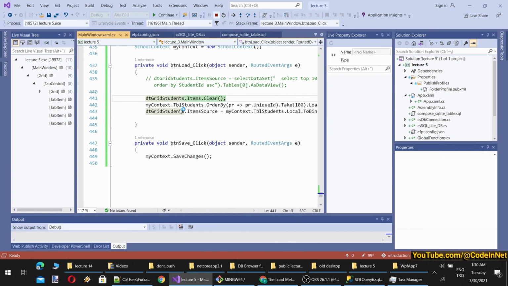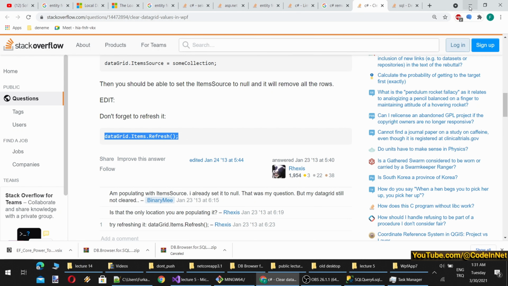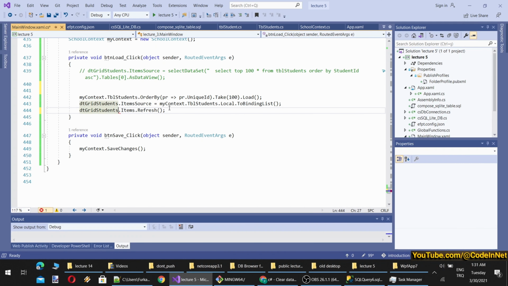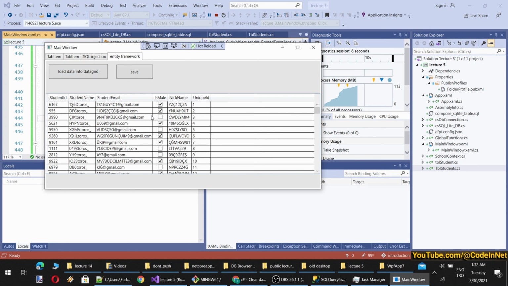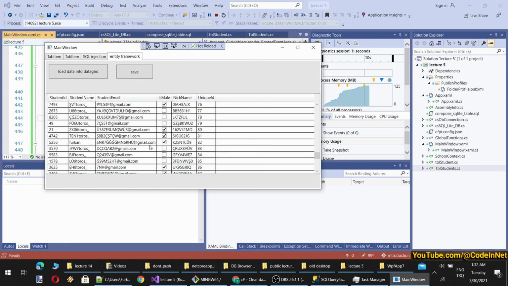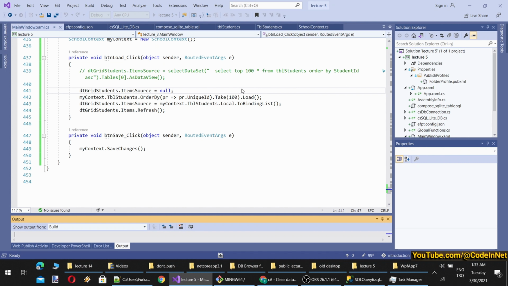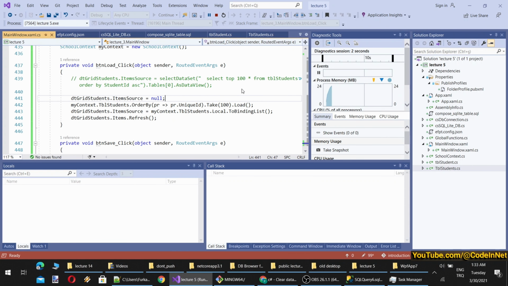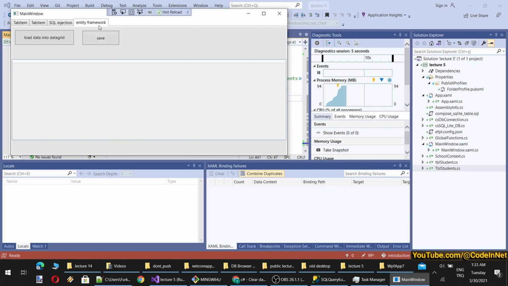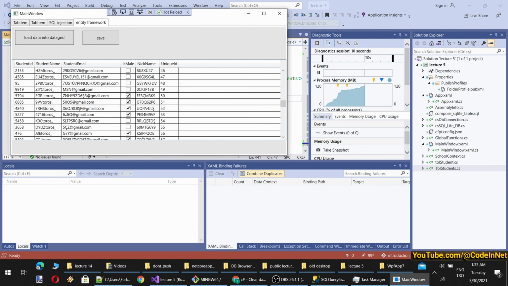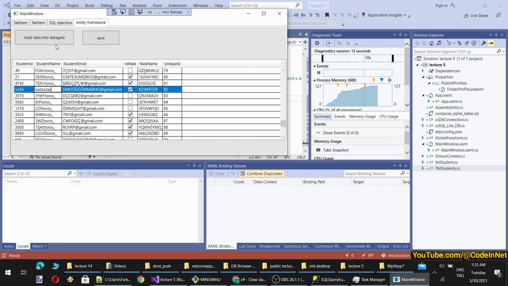When the item source is, oh, there is items refresh. We don't need any refresh. After reload, okay, loaded. Let's check the 82. Yes, it is saved. Let's change it. Let's reload. Okay, once we reload, it's not getting reloaded. Maybe it is related to context, because when we do reload, maybe it is not clearing the local. So load it. Okay, they are loaded. Change something. Reload. No, not changing.